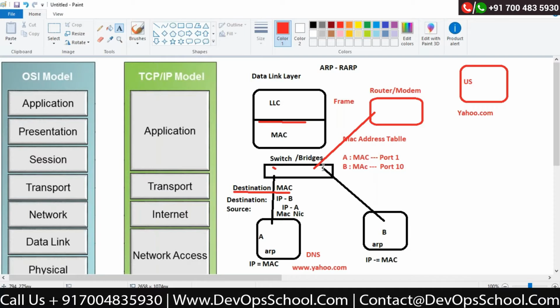Now, how will I come to know that? With the help of the MAC address table. Correct? If I don't have any entry for that destination address, then by default the switch will broadcast and learn on which physical port that MAC address is connected, and it will put the entry into the MAC address table. Correct? This is the function of media access control. They said your switch has to work in this particular way. Correct? And in the data link layer, everything would be counted.